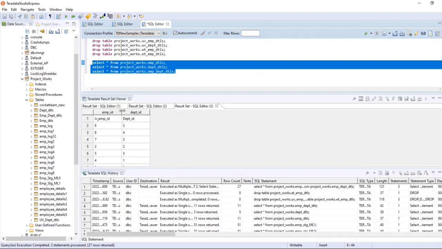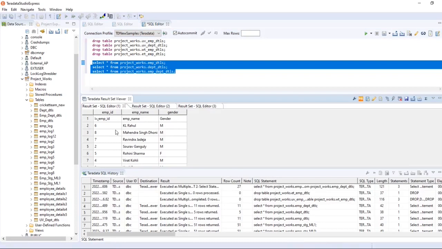EMP details is loaded with employee ID, employee name, and gender. Department details is loaded with department ID and department name, and EMP DEPT details is loaded with EMP ID and DEPT ID.